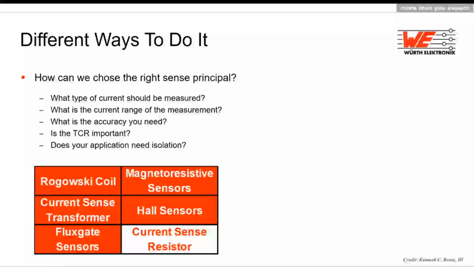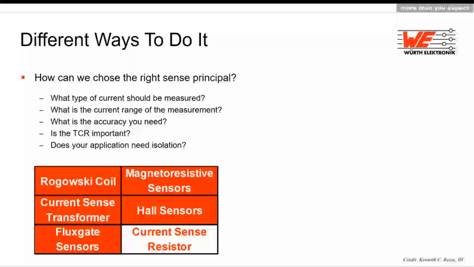Besides the resistors, there are some more possibilities to measure the current. So how can we choose the right sense principle? To select the proper principle, we have to answer some questions. I listed the following questions. So first, what type of current should be measured? AC, DC, or both? What is the current range of the measurement? Low current, high current. What is the accuracy you need? Is the TCR important? So the change over temperature. Do you need an